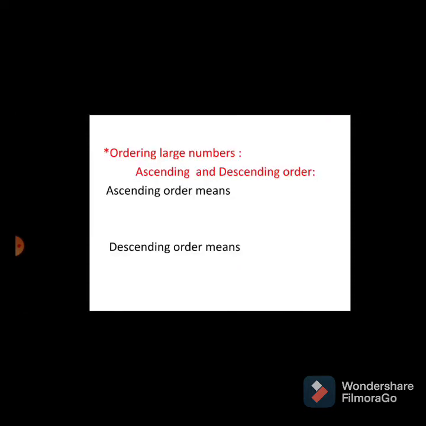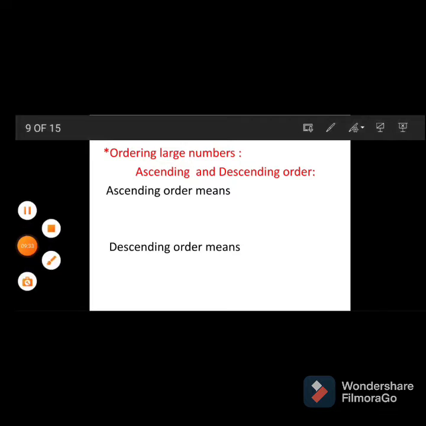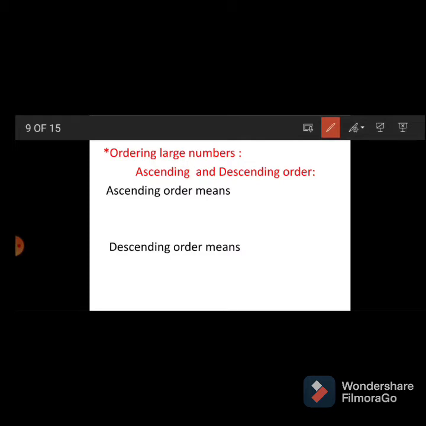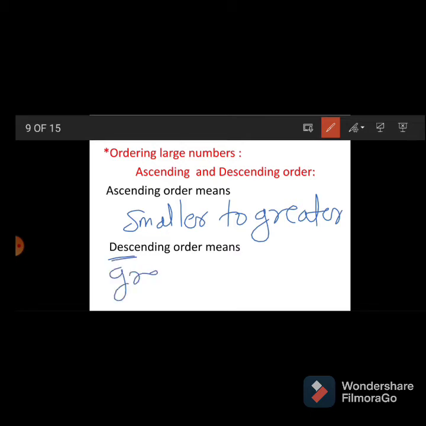Then see the next point, ordering large numbers. In ordering large numbers, we have to write them in ascending order and descending order. Ascending means what? The meaning of ascending is smaller to greater. And descending order means greater to smaller. In these words only the meaning is there. Descending means greater to smaller. Ascending means smaller to greater. Okay. Then see